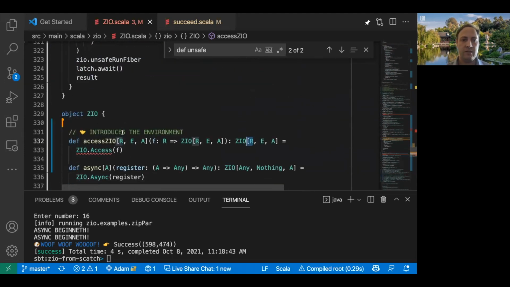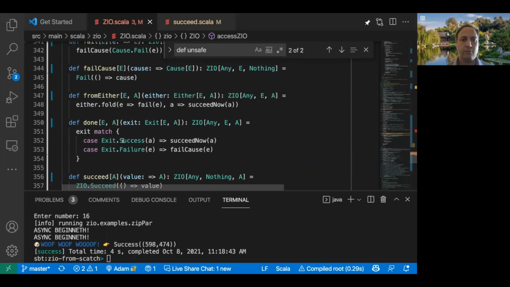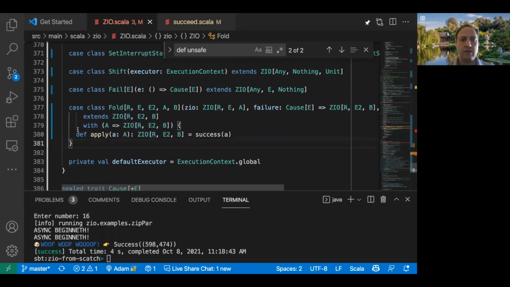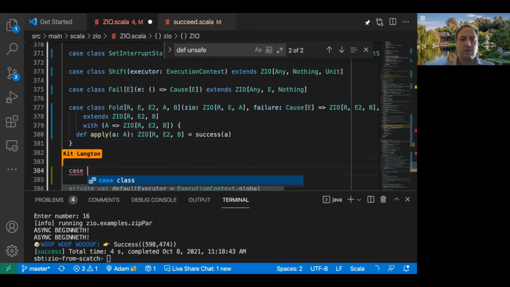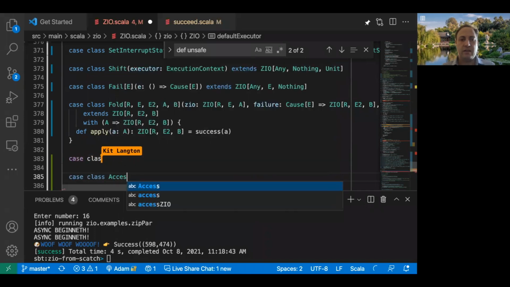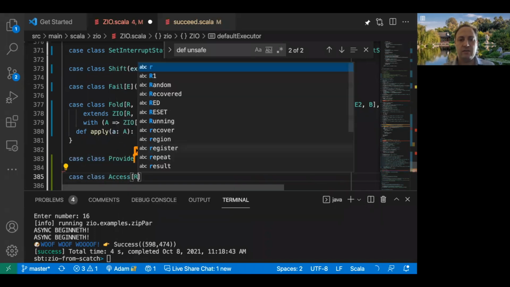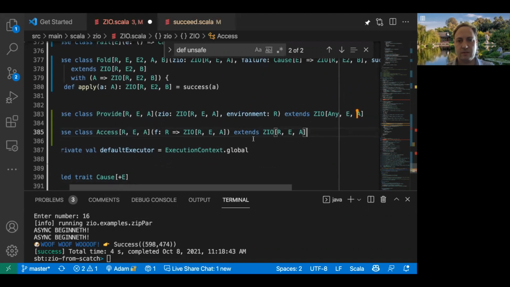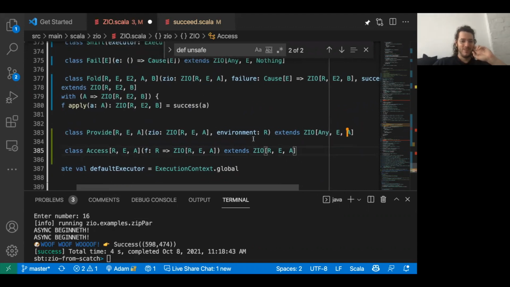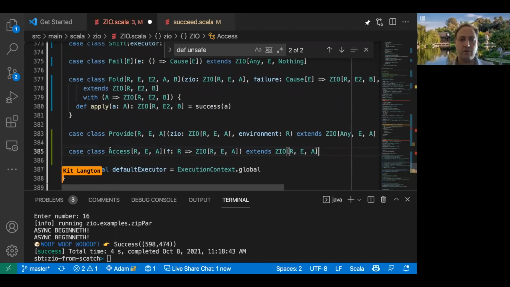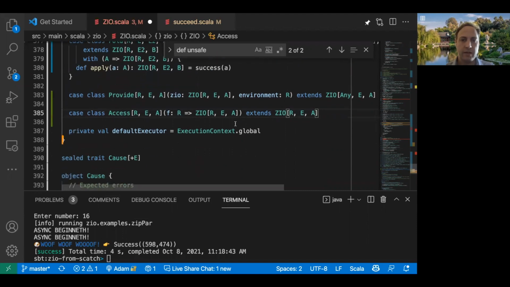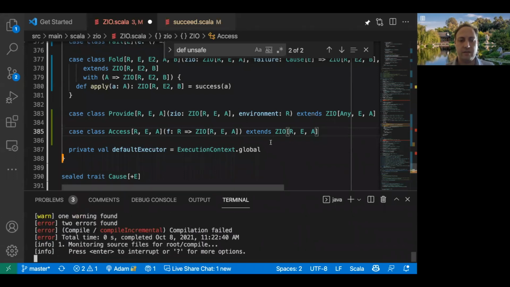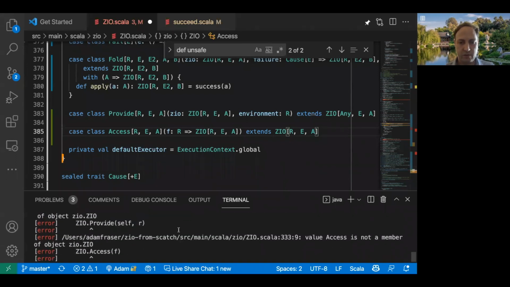So let's implement at least these primitives here, and then we can see a quick example of that. I'm going to go down here. We've got our other primitives. And so I'll do case class access. Does that look about right? Yep. So we've got our two new primitives here. We'll come to how we implement them in a second. But first I will just make sure we are,